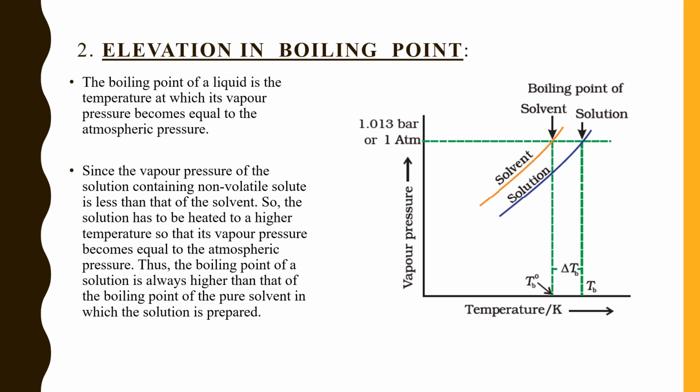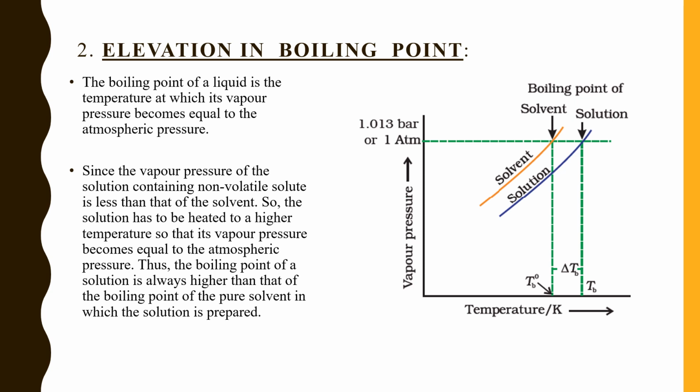क्योंकि नॉन वॉलेटाइल सॉल्यूट ऐड करने पे तो वेपर प्रेशर डिक्रीज हो गया, सॉल्यूशन का ही वेपर प्रेशर डिक्रीज हो गया नॉन वॉलेटाइल सॉल्यूट ऐड करने पे। लेकिन हम तो बॉइलिंग पॉइंट की बात कर रहे हैं, और बॉइलिंग पॉइंट में जब वेपर प्रेशर सॉल्यूशन का इक्वल हो जाएगा एटमॉस्फेरिक प्रेशर के, तभी वो बॉइलिंग पॉइंट तक रीच कर सकता है, वो टेम्परेचर ही बॉइलिंग पॉइंट टेम्परेचर कहलाएगा। लेकिन यहाँ पे क्या हो रहा है, जो वेपर प्रेशर है सॉल्यूशन का वो